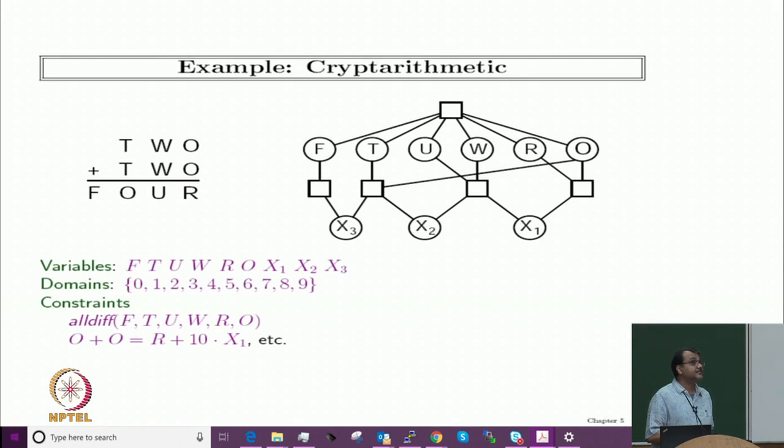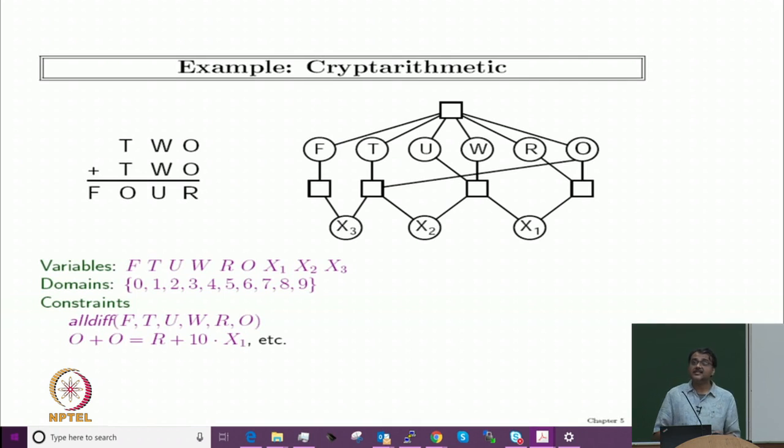What will be the domain? Domain will be the digits 0, 1, 2, 3, 4, 5, 6, 7, 8, 9. Now, what will be my constraints? So, one of my constraints would be that O plus O should be equal to R plus 10 times the carry, that is 10 x1, or W plus x1 should be equal to U plus 10 times x2. That will be one set of constraints. Another set of constraints would be all variables are different digits,